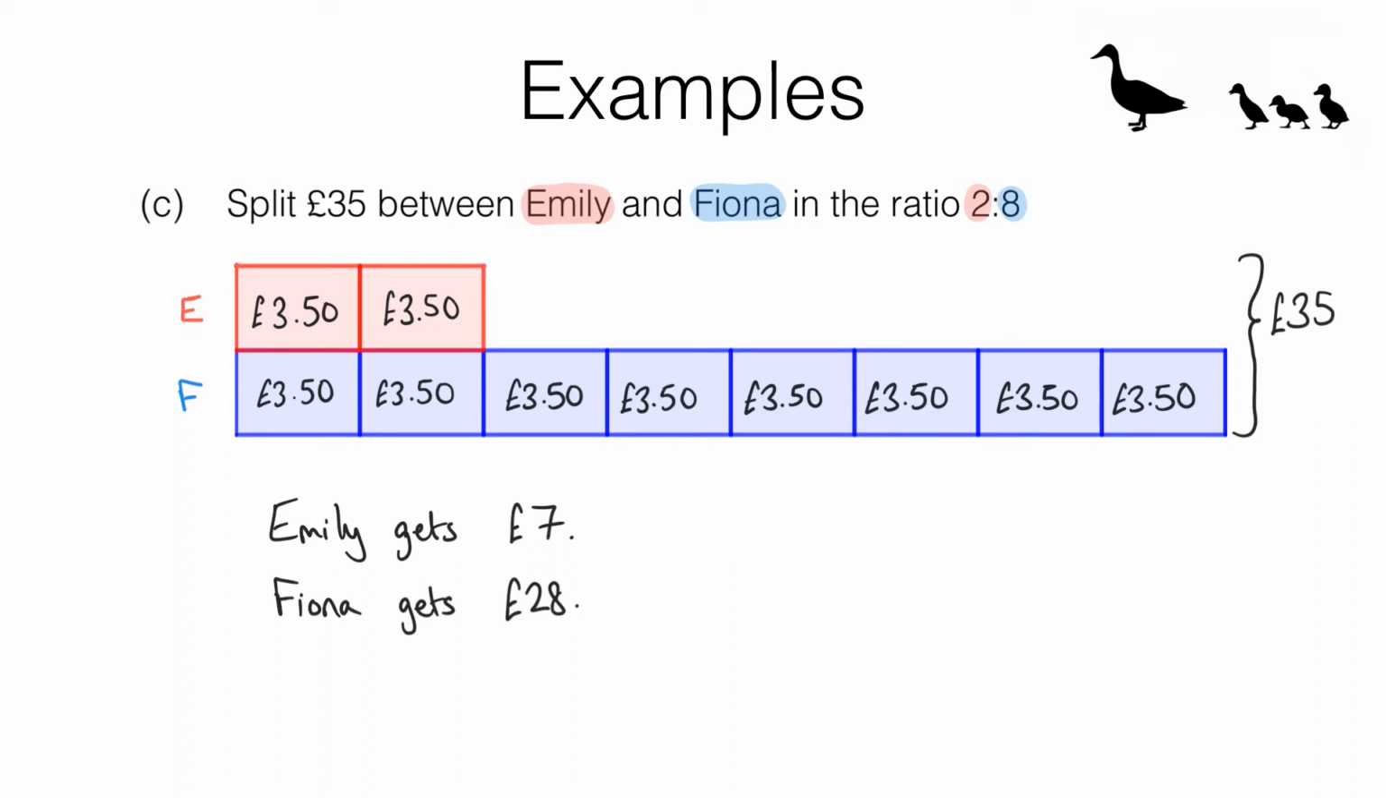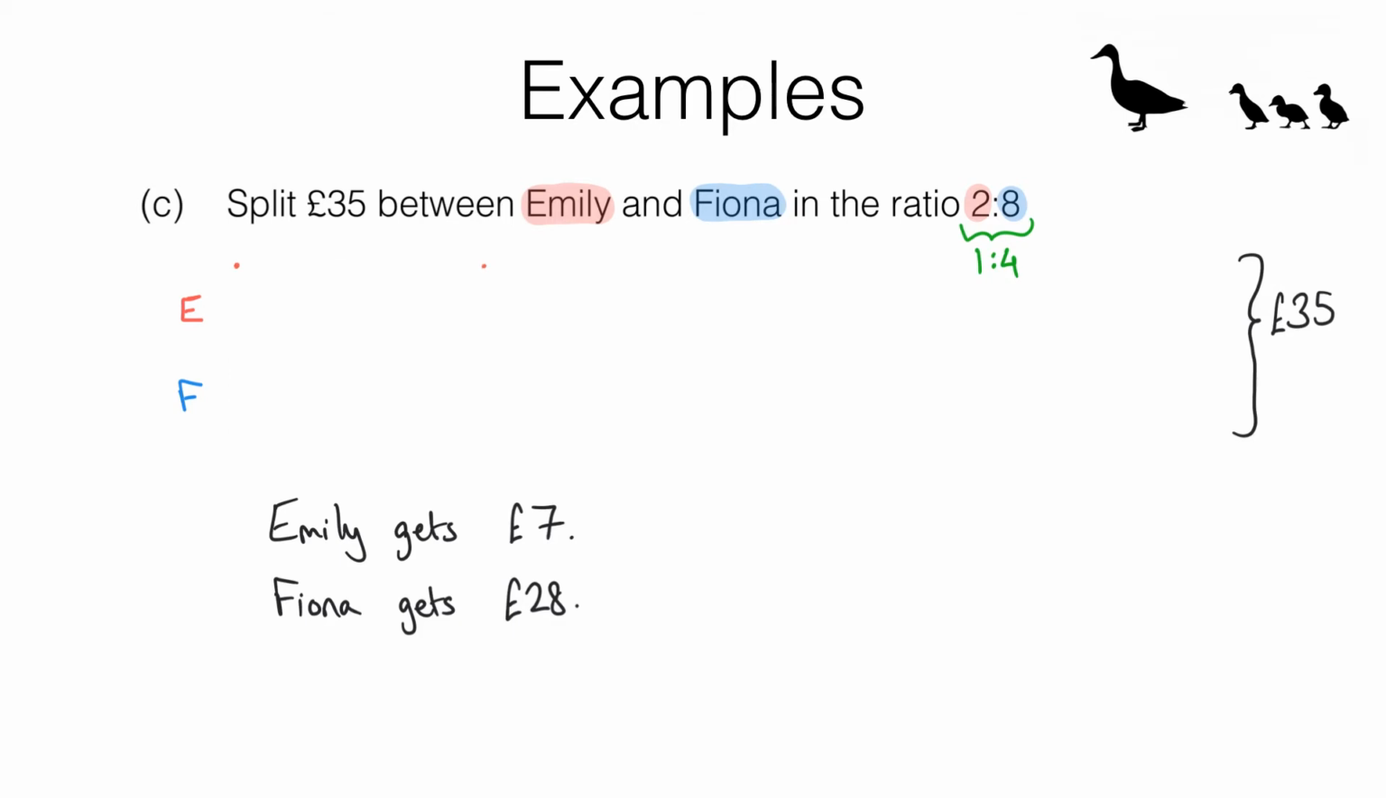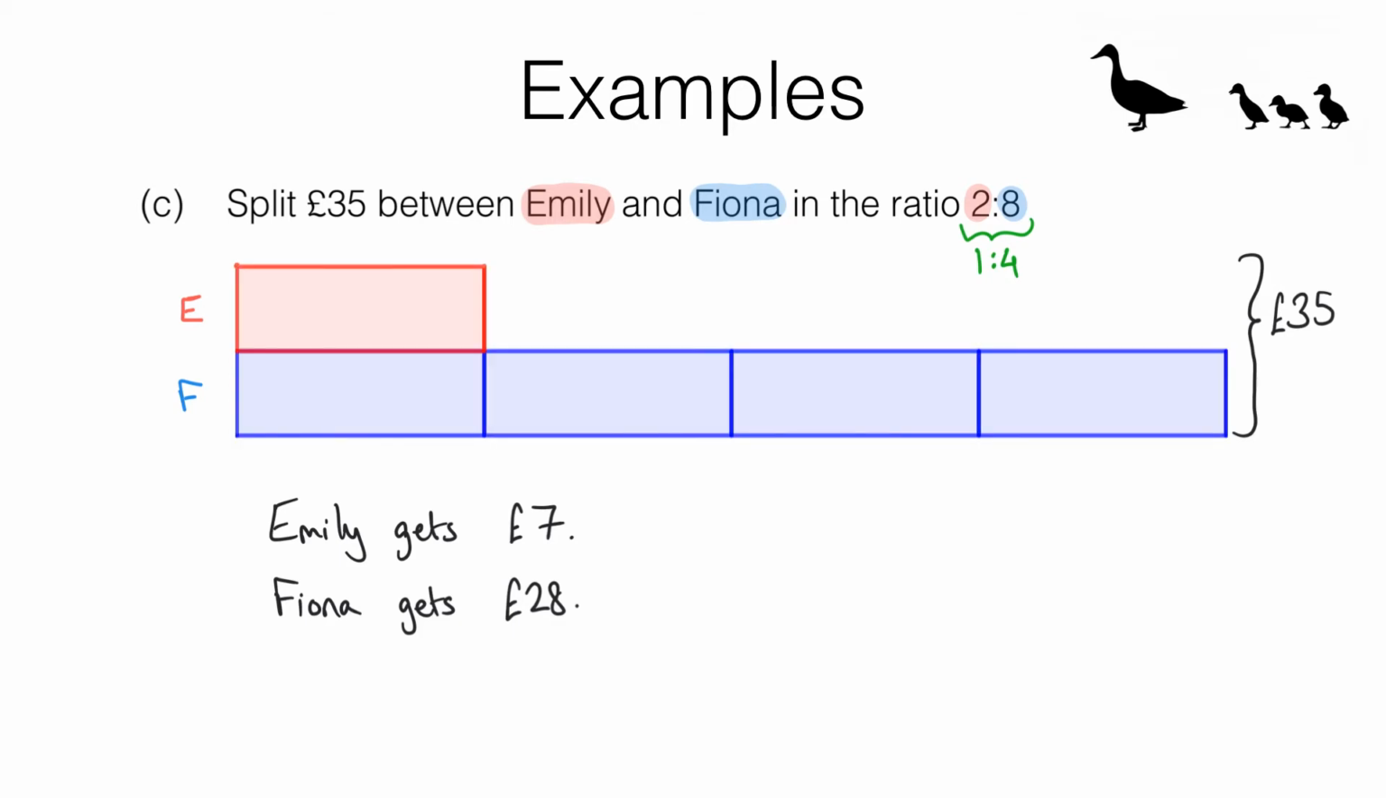This ratio actually simplifies. 2 to 8 simplifies to 1 to 4. So I could actually use a simpler bar model. And in fact, I'm going to show you that now. This is still exactly the same question, except I've simplified the ratio. So instead of having to draw a bar model with 10 boxes, I now only have to draw 5 boxes,